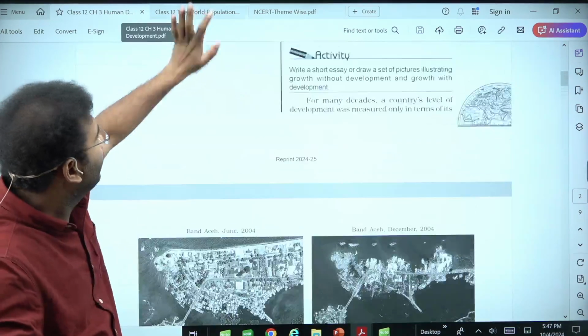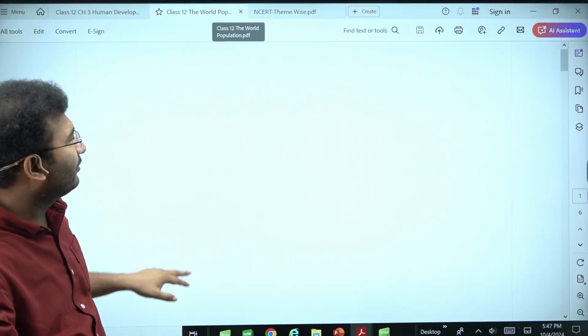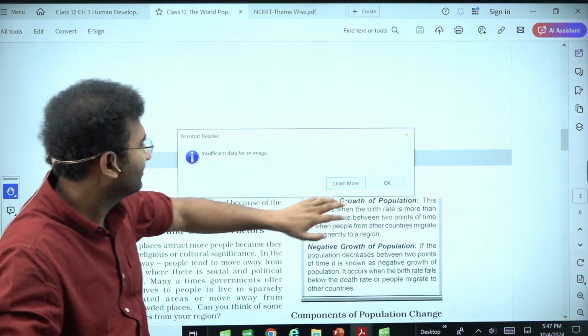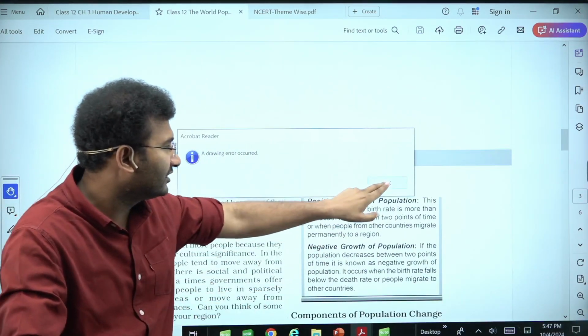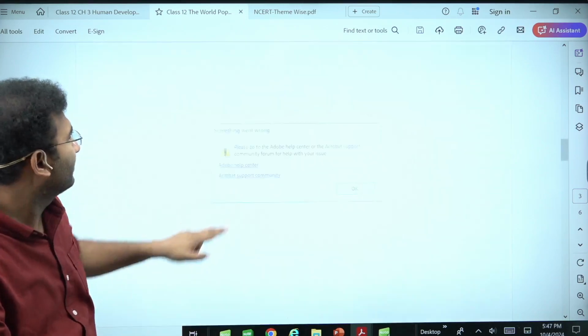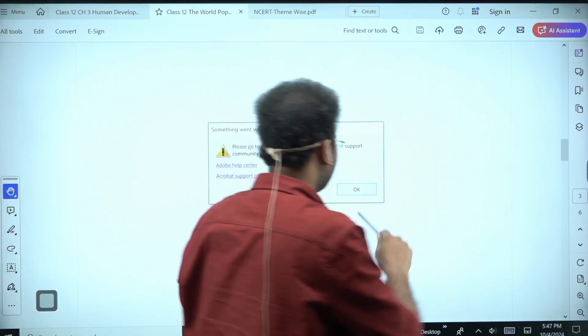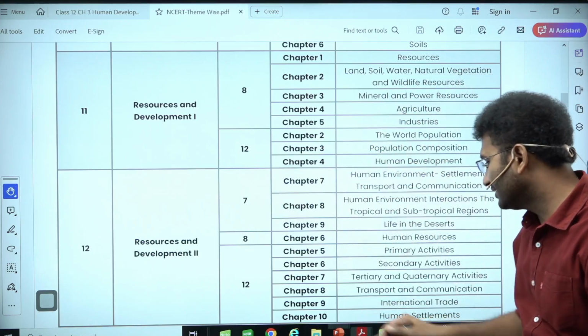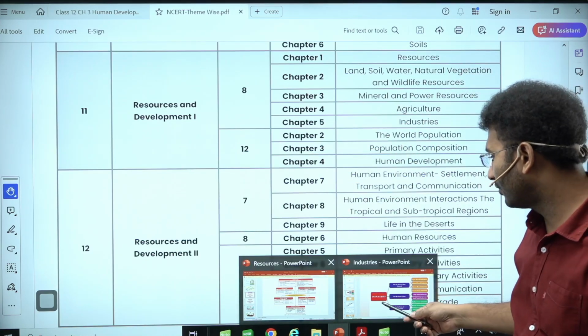Next, there is another chapter by the name world population. In this also a similar kind of entities you will come across, right? That is what is positive growth, what is negative growth, right? Social change kya hota hai. These are some fundamental entities that are given in this particular chapter. Now let's quickly go and try to understand about the